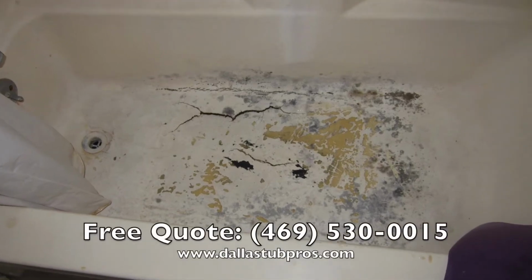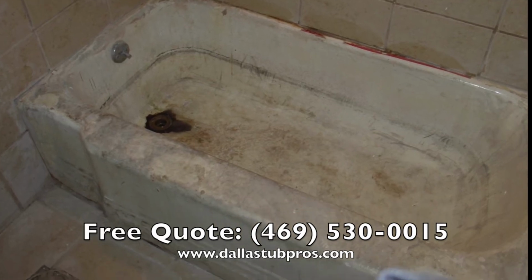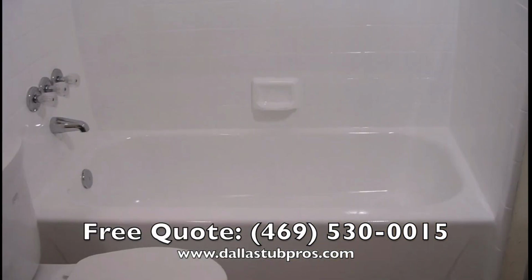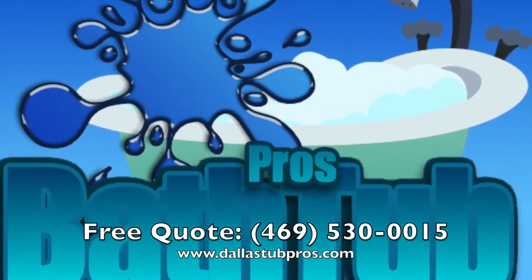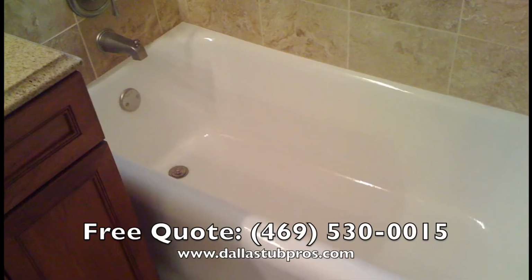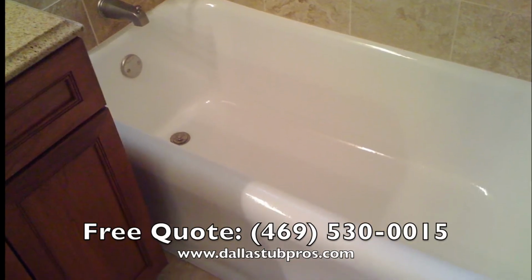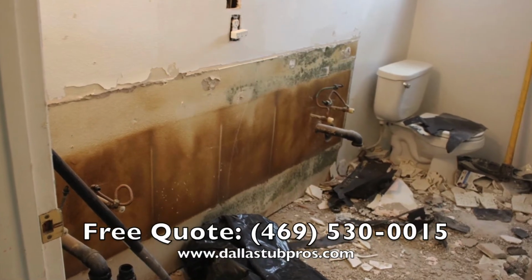If your bathtub is damaged, worn out, difficult to clean, or just plain ugly, then refinishing your bathtub can be a low-cost alternative to replacing it. The Bathtub Refinishing Pros can refinish your fiberglass, acrylic, or porcelain tub to look and feel like new in 2 days or less. You can save up to 75% in replacement costs and demolition mess that could take weeks or